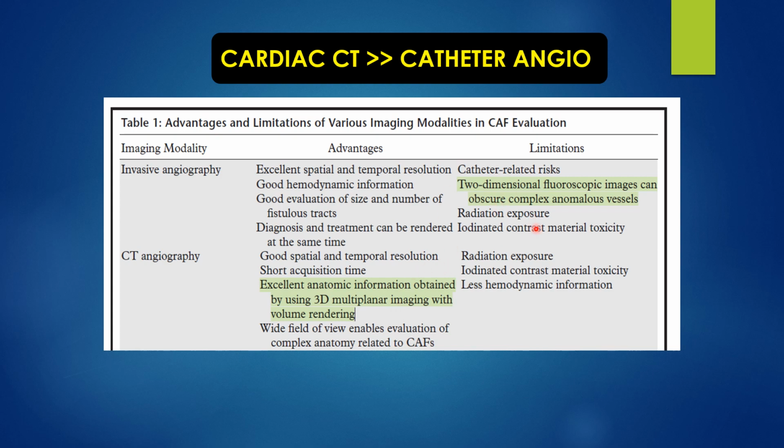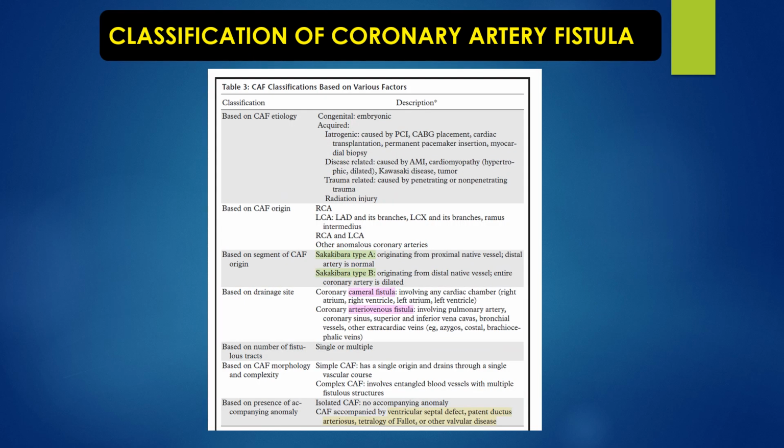When compared to a conventional angiography, CT is better because it is just two-dimensional fluoroscopic images that we are able to see in the catheter angio. But if you're planning to intervene, which should be the last stage of any evaluation, then catheter angiogram is better. For all practical purposes, the first and foremost evaluation should be done using cardiac CT. Coming to the classification of coronary artery fistula,